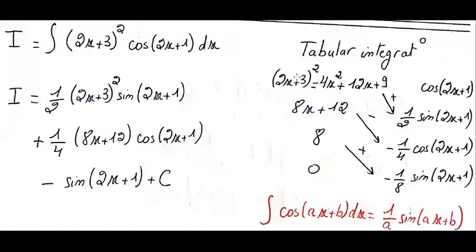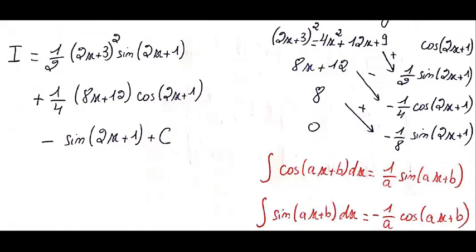So if we put the polynomial on the left, (2x plus 3) squared, if we expand it, we get 4x squared plus 12x plus 9. The first derivative would be 8x plus 12, then 8, the derivative of 8x plus 12 is 8, and then the derivative of 8 is 0. And on the right, we put cosine(2x plus 1). Its antiderivative is 1/2 sine(2x plus 1), because the integral of cosine(ax plus b) is 1 over a sine(ax plus b). And also